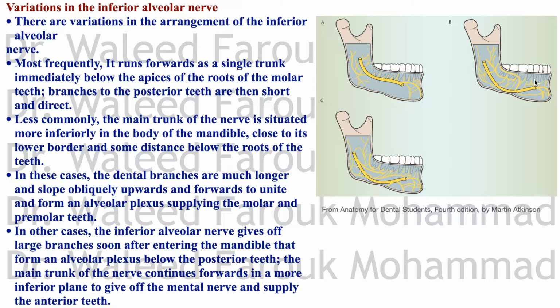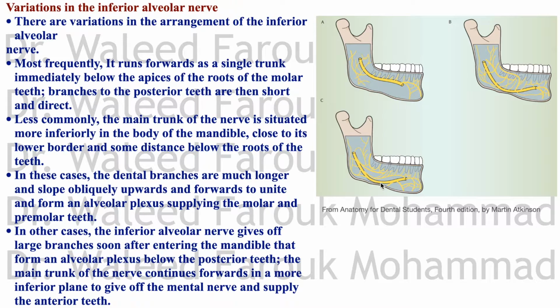In other cases, the inferior alveolar nerve, also close to the border of the mandible within the body of the mandible, gives off large branches that supply the posterior teeth. This is a large branch that supplies the posterior teeth by forming a plexus, the alveolar plexus. The main trunk of the nerve continues forwards in a more inferior plane, gives off the mental nerve and supplies